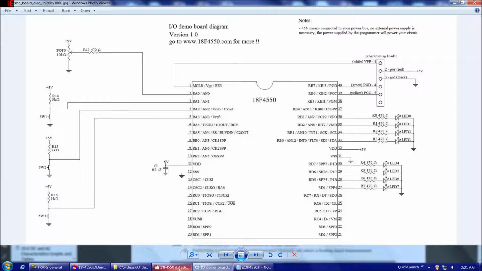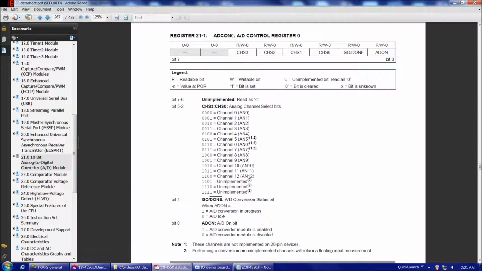So we want to set CHS 3, 2, 1, and 0 so that our analog channel is 0. So we're going to set CHS 3, 2, 1, and 0 to 0, 0, 0, and 0. Now in this particular case, it just so happens that the default values of those 4 bits already is what we're going to set it to, so if we didn't set it, it wouldn't matter, but